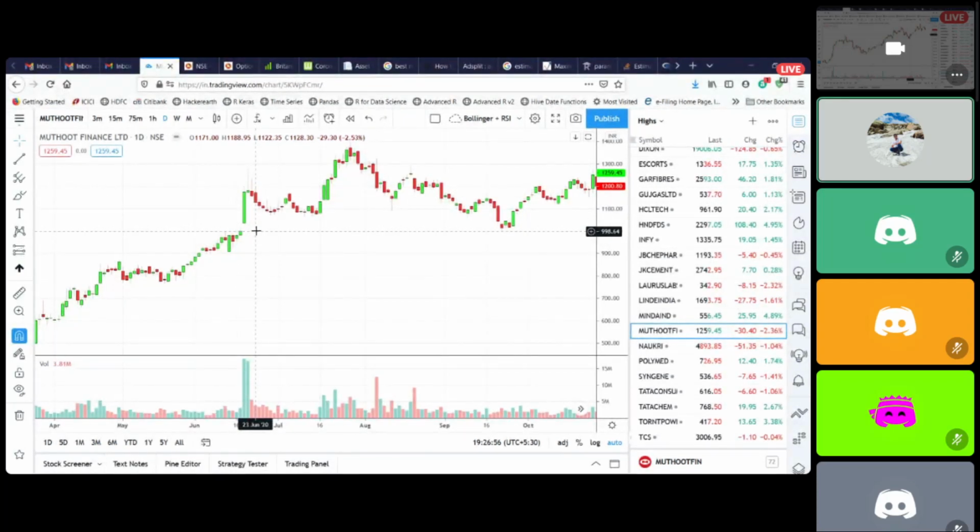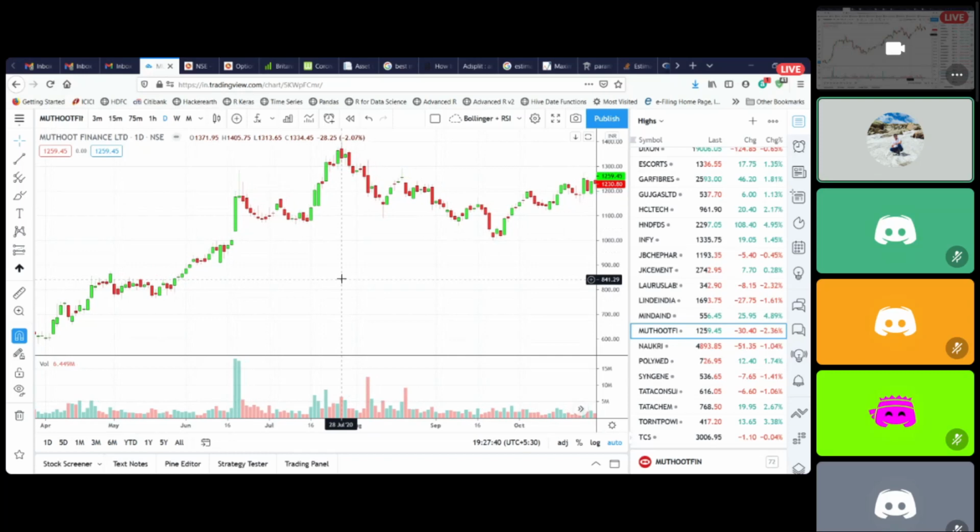And the most important thing in trading is to respect your risk and reward. Your risk to reward ratio, if you are doing swing trading, should always be more than 1. Ideally, I like to keep it around 1:1.5, or 1:2 also works. But I'm never comfortable taking a trade with 18% as my risk. Because if I'm risking 18%, I need to target at least 25% from here. And from 1180, 25% would have been around 1460, 1470 levels. And I don't know if they are going to be hit or not.